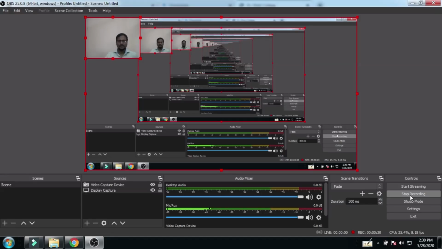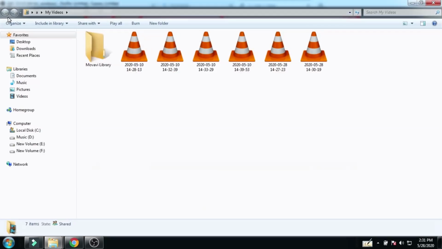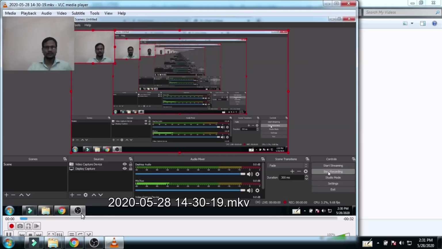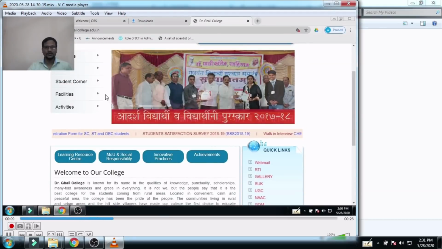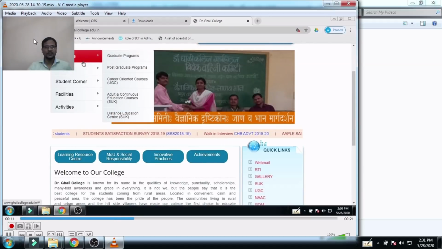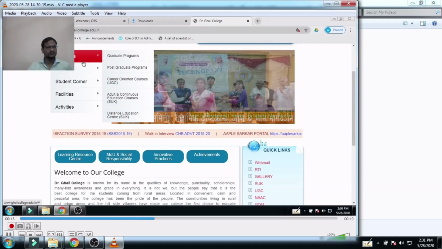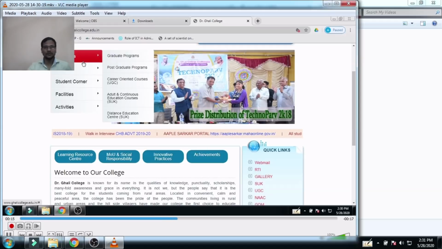Now click on stop recording. Go to the file section, go to show recordings, and just click on the last one. Check, my face is already there beside the content. So it is called screen recording with face recording.